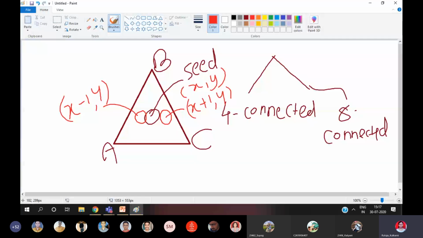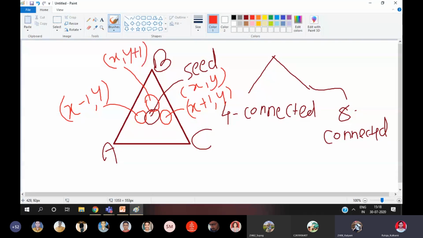Then next to that is this pixel. Can anybody tell me what will be the coordinates for this particular pixel? The above pixel? Anyone? Yes, x comma y plus 1.